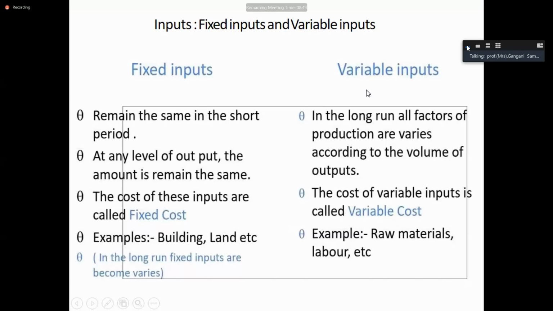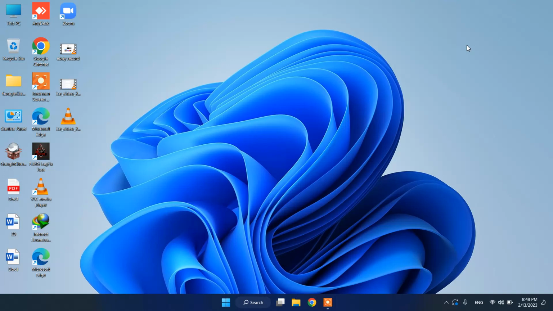Changing the production, all raw materials, seeds, fixed in a short